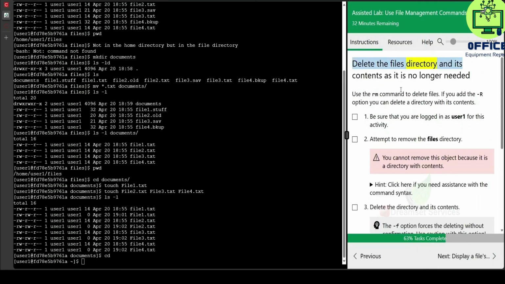Delete the files directory and its contents as it is no longer needed. Use the rm command to delete files. If you add the -r option, you can delete a directory with its contents. Be sure that you are logged in as user1 for this activity. Attempt to remove the files directory. You cannot remove this object because it is a directory with contents. Hint: